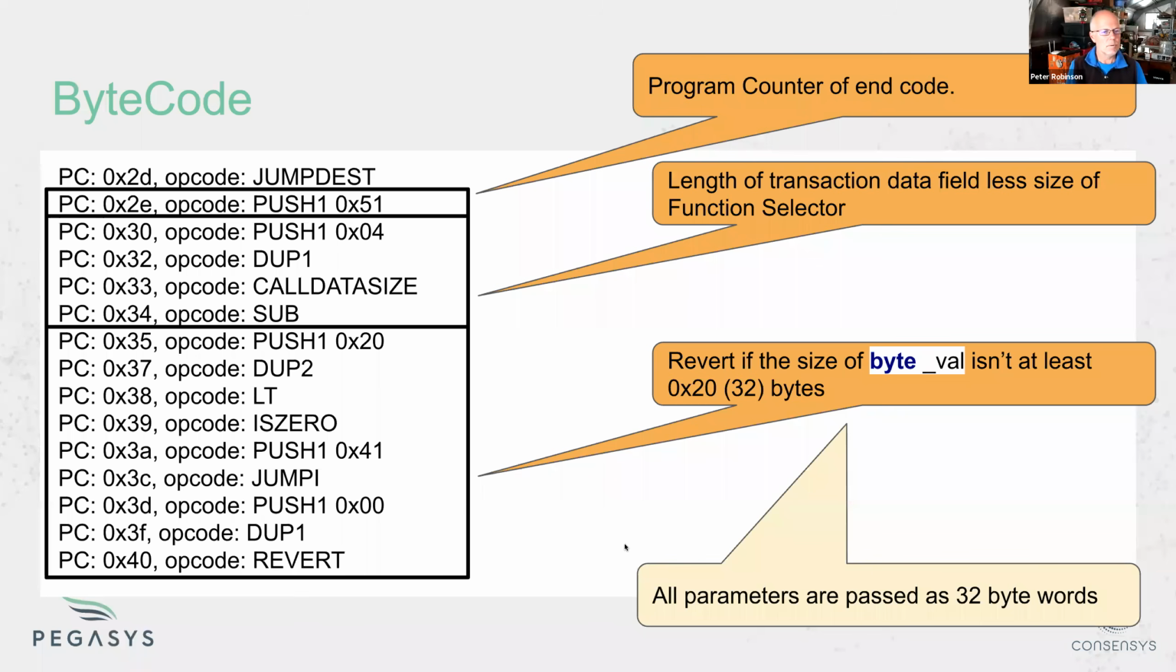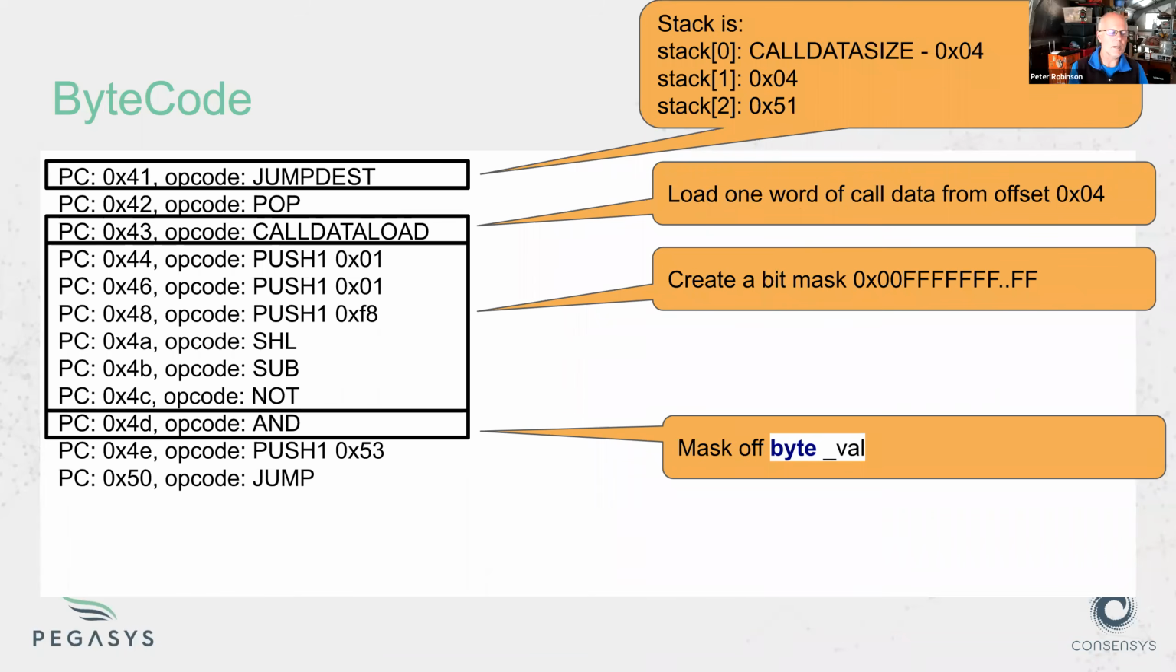And so then what we do is we load up the call data, the word, and we create a mask. You could go push 32 and 0x00 and lots of Fs, or even push 31 and just lots of Fs. However, these opcodes here, 44 to 4C, are